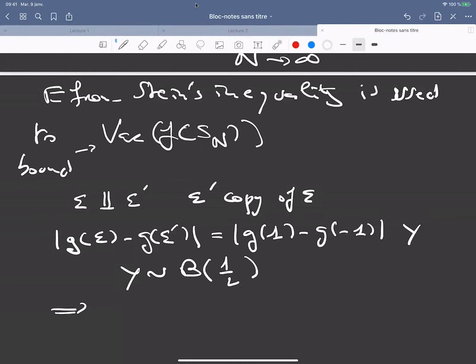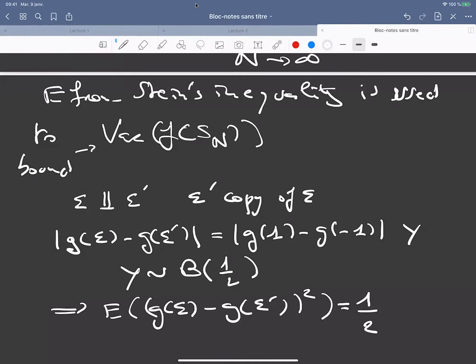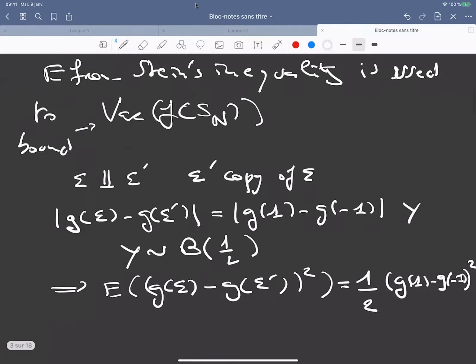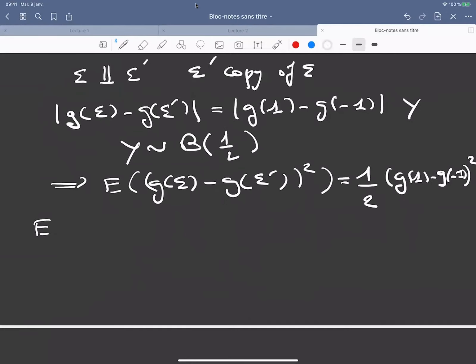And therefore, when you look at the expectation of j of epsilon minus j of epsilon prime square, then this is equal to 1/2 of j of 1 minus j of minus 1 square. And this 1/2 here comes from the expectation of y square, which is equal to the expectation of y. So if we apply Efron-Stein's inequality,